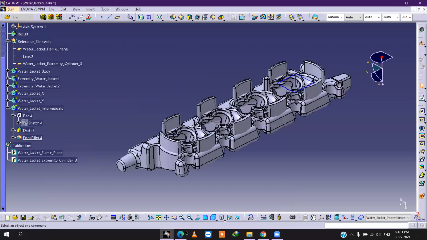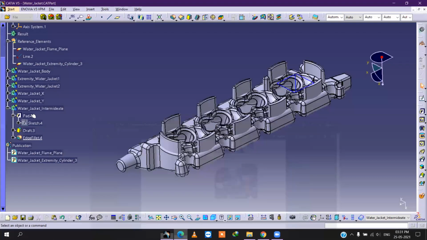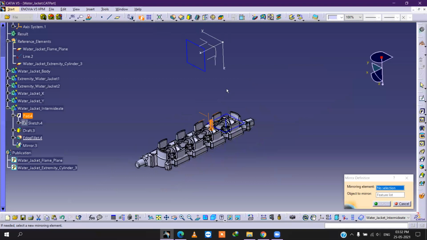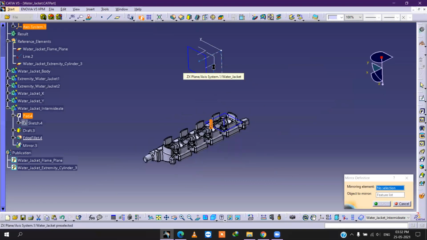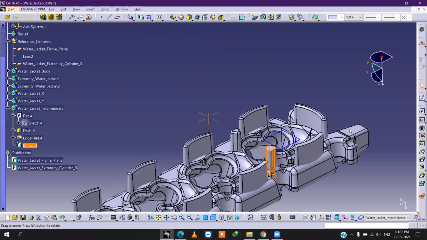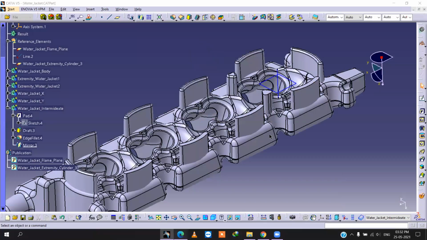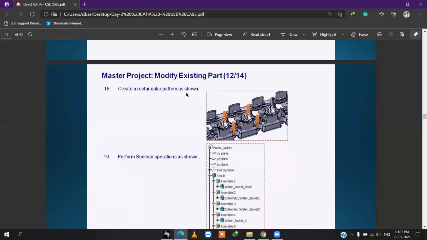After this, we have to mirror using ZX plane. This one, mirror ZX plane. Okay. Now create a rectangular pattern.